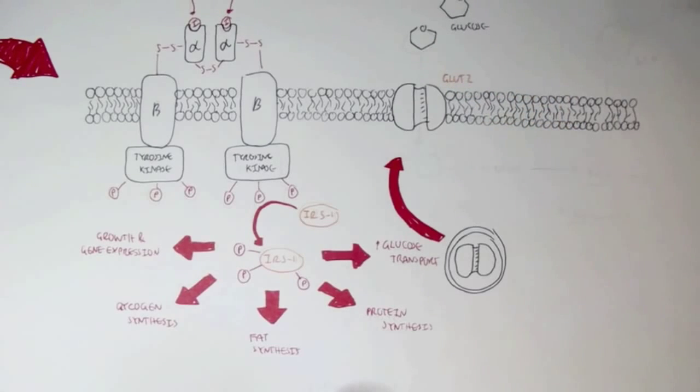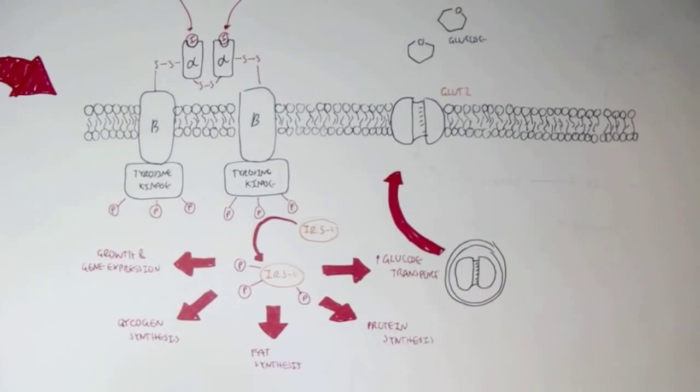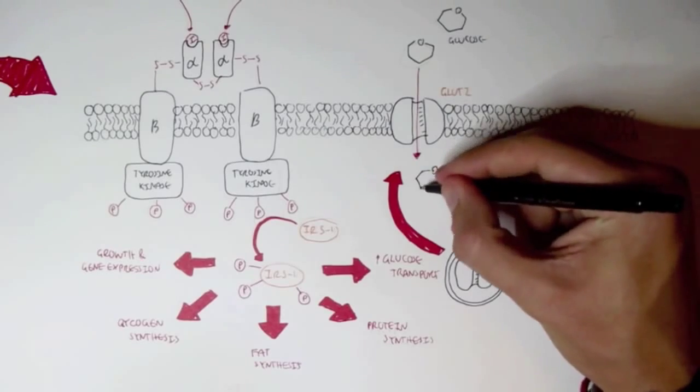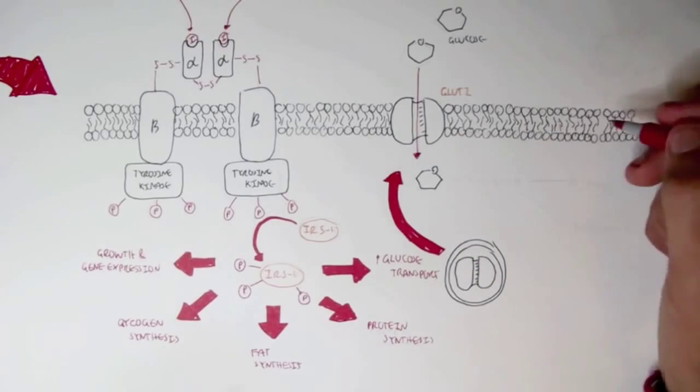Now it should be noted here that diabetes, or mainly insulin resistance, is a condition when insulin itself cannot bind to the tyrosine kinase receptor, and therefore IRS cannot increase the expression of glucose transporters, and therefore glucose just accumulates in the bloodstream, increasing blood glucose levels. And so the liver, as I mentioned, expresses specifically type 2 GLUT transporters. Other organs have different GLUT transporters, like the muscle has GLUT4. Anyway, the increased expression of GLUT2 transporters will increase the absorption of glucose from the bloodstream into the liver.